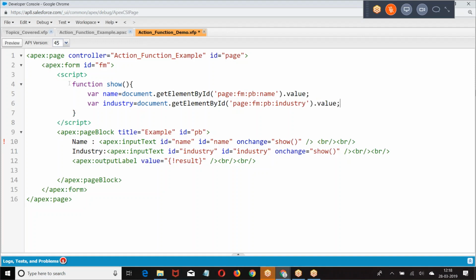Name and industry. We had a name, we had industry.